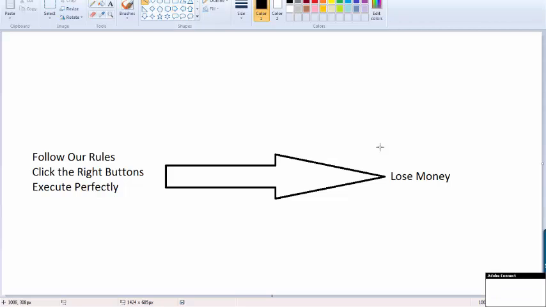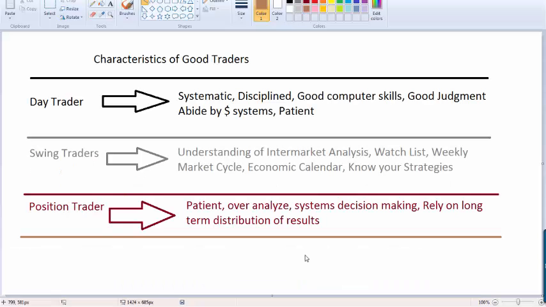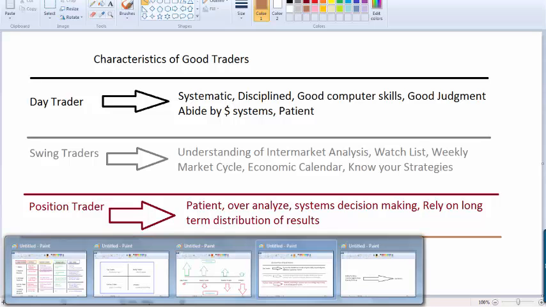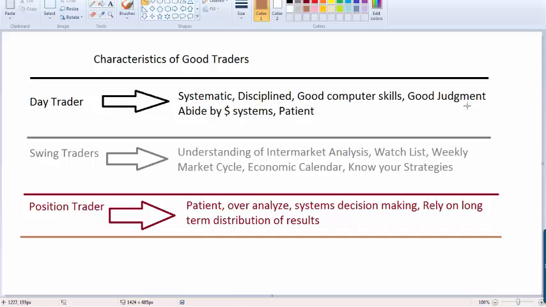Position traders know that market conditions don't have a correlation between the two things all of the time. Good position traders know that you have to understand long-term distribution. It comes down to probability and distribution. I live here in a state in the United States called Utah, and Utah is a very conservative and Republican state. Essentially, we voted for Republicans for about 45, 50 years. And we vote for them consistently in most of the state.